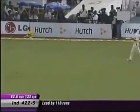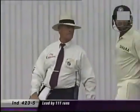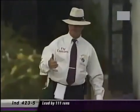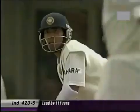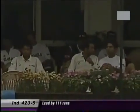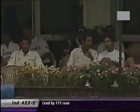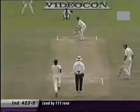I think it's a natural instinct of most batsmen. It's very rare that a batsman will prefer to bat in bad light. I mean, during our playing days as well, when we were offered the bad light, we'd always take it. But today, maybe India might give a thought to it, because India needs time. They are dominating this test match. They need as much time to press a win here in this first test match of a 3 test match series. Yesterday they preferred to walk off. Virendra Sehwag was not out on 95, but that was fine. Today, thinking from the team's point of view,